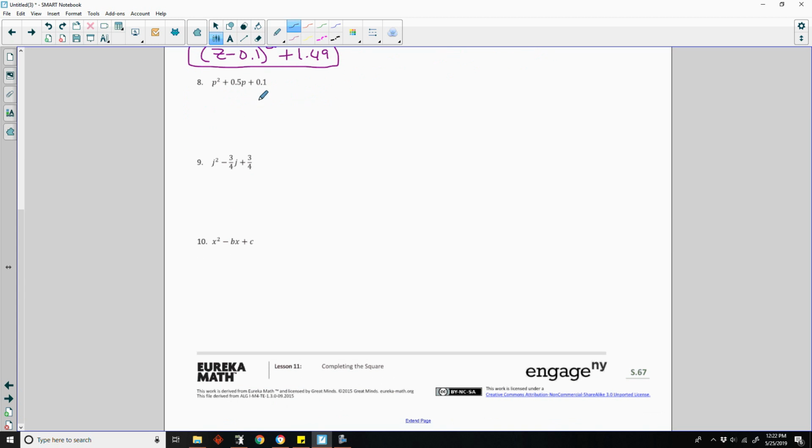Number 8. First I rewrite it, p squared plus 0.5p, leave a space, put a bracket. Add 0.01 outside. Take half of the middle term, 0.5 divided by 2 equals 0.25. I'm going to square that, which equals